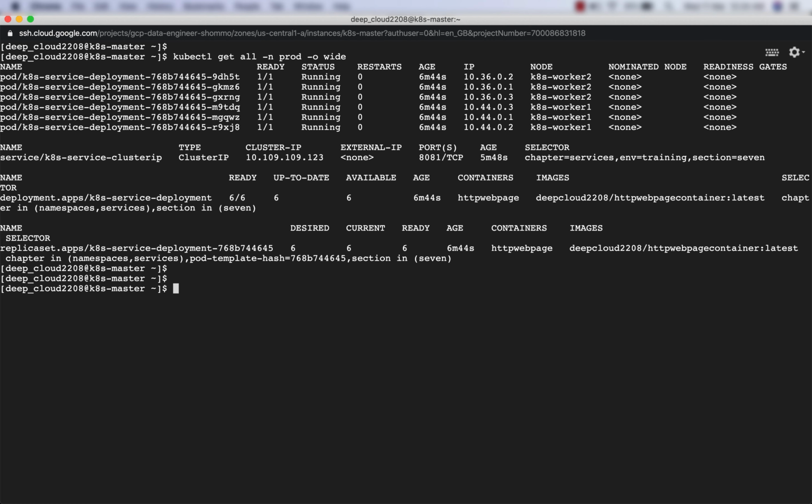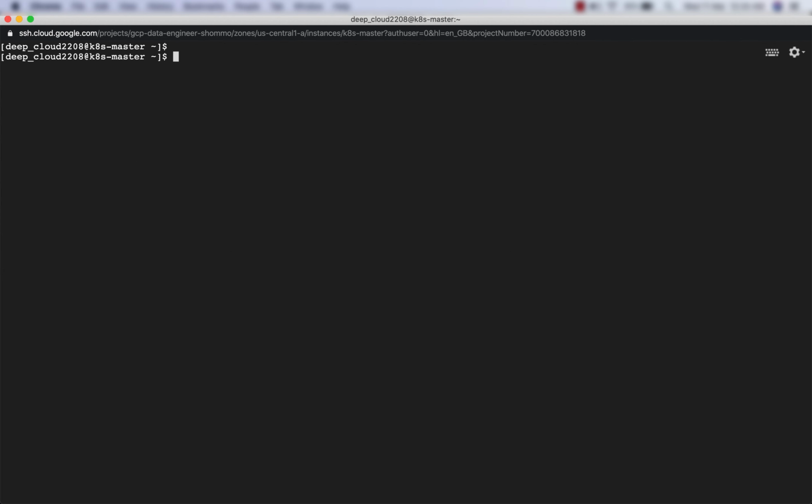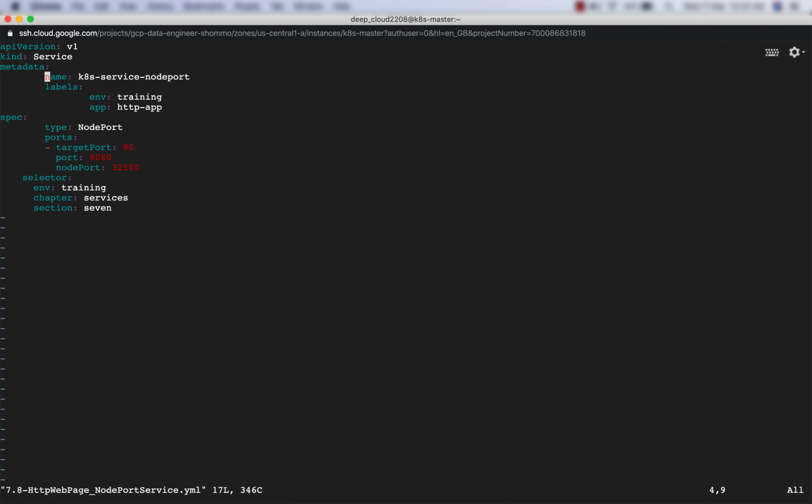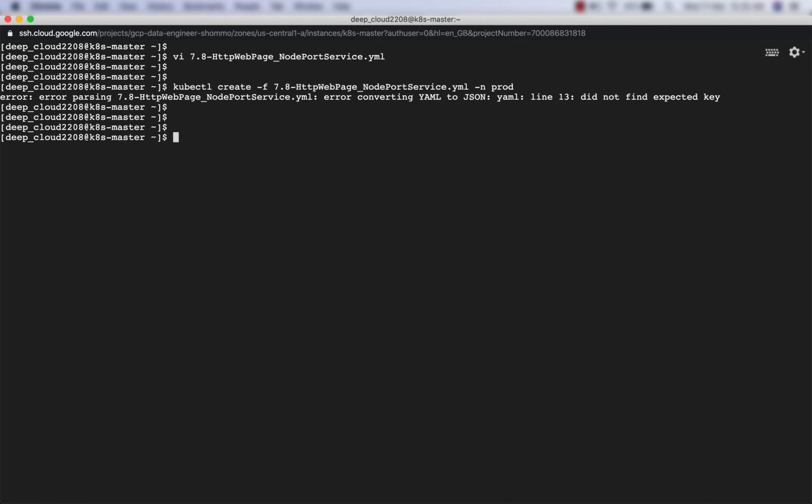So it means that the IP address is not being generated from the network range that we had mentioned. Now what I'll do is I'll create the node port service also, and we'll see what cluster IP we get for the node port service. And this is the file for node port. Let us go ahead and create it. Okay, now it is saying that there's some error parsing 7.8 HTTP web page, error converting YAML to JSON,